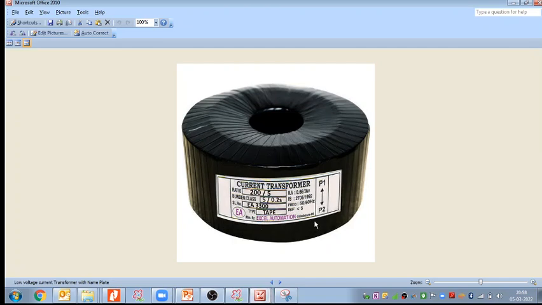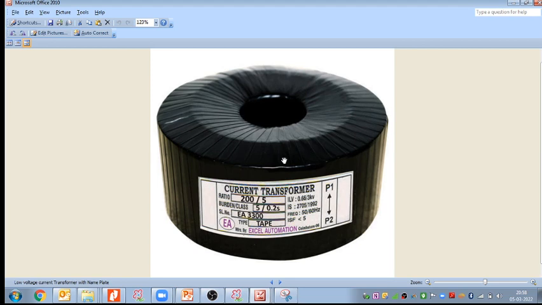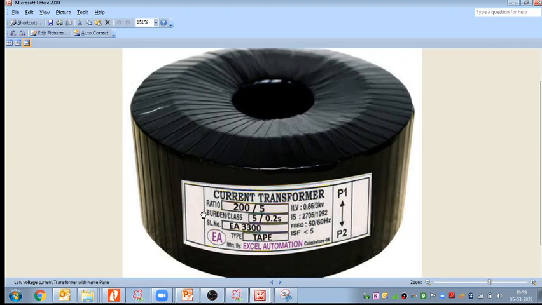So when I'm telling the rating plate, it means this is my CT that we can see here, and now this white label you can see on this CT, it is the rating plate. So this is my current ratio 100 by 5, burden and class. We had this ratio already discussed and we have done the calculations. Coming to the next parameters, burden and the class. Burden we will go to later on. Let us discuss the